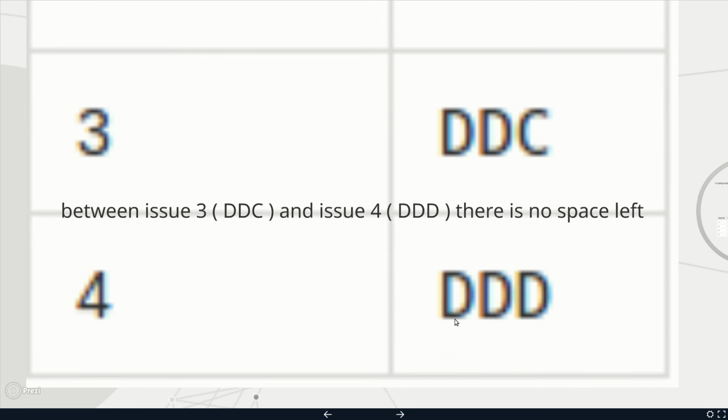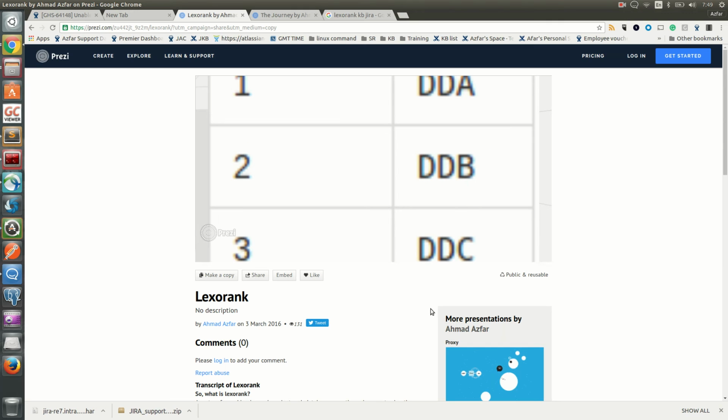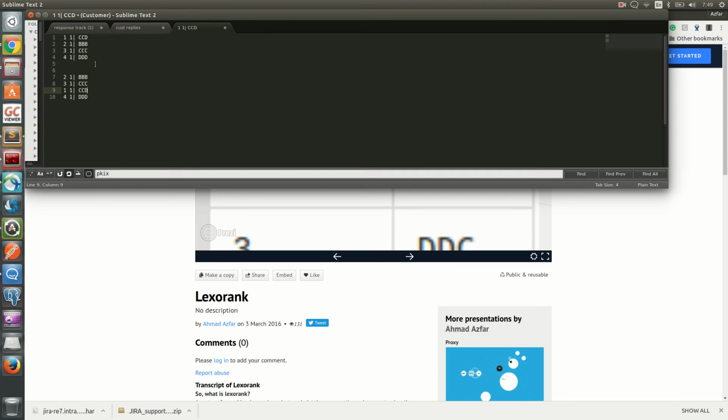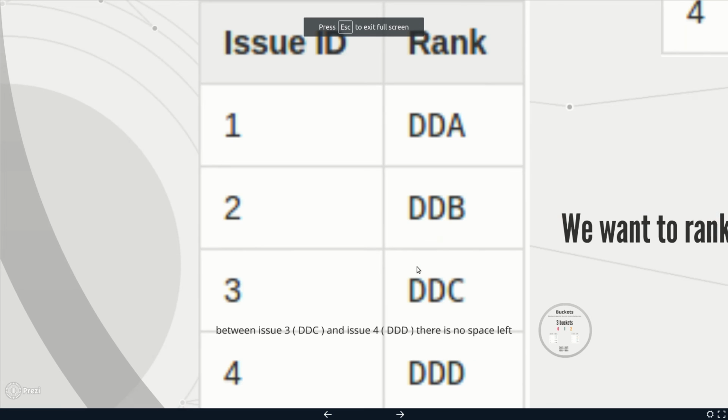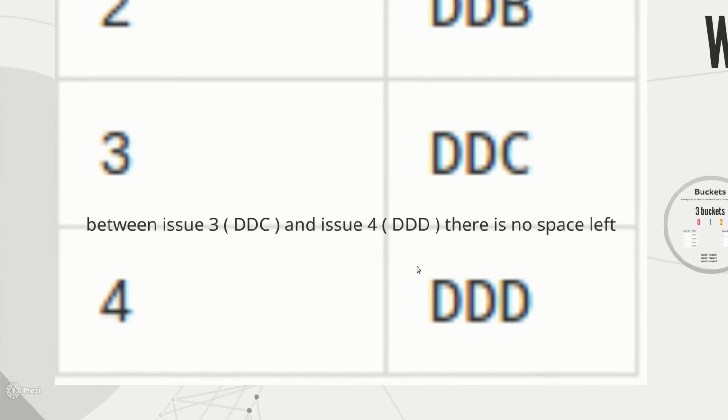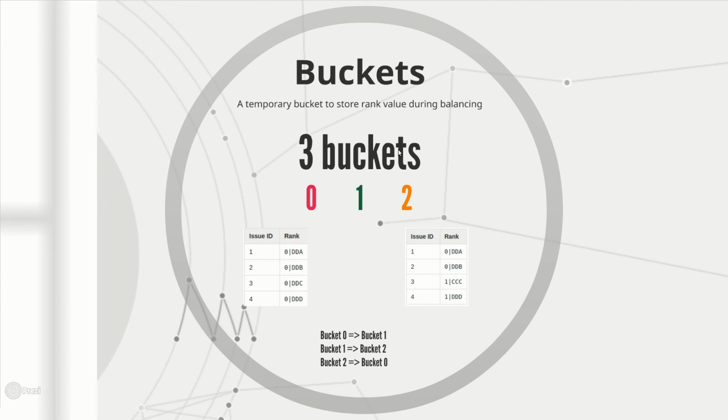So what will happen here? Let us take a look. I have this schedule. Alright, let's go back here. When there is no more ranking available, we will trigger balancing. When we trigger balancing, we will be using the buckets. Remember the buckets I told you about earlier? As I mentioned, only one bucket can be used at one time. But when you're performing a rebalancing, you'll be using 2 buckets at one time, because